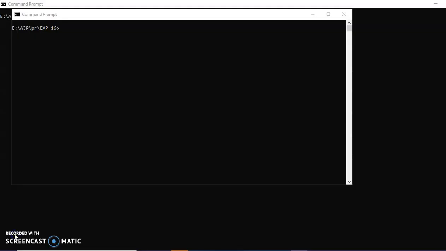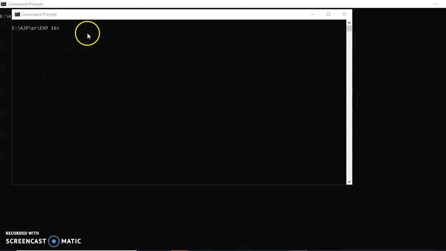Now we want to execute the programs. To execute the program, we'll need two command prompts, two terminals. At one terminal, you will execute a server, and at the other terminal, you will execute a client. But the first thumb rule which you need to remember is server should be on before the client is on, which means you should execute the server program first and then the client program. Otherwise, the connection cannot be established.